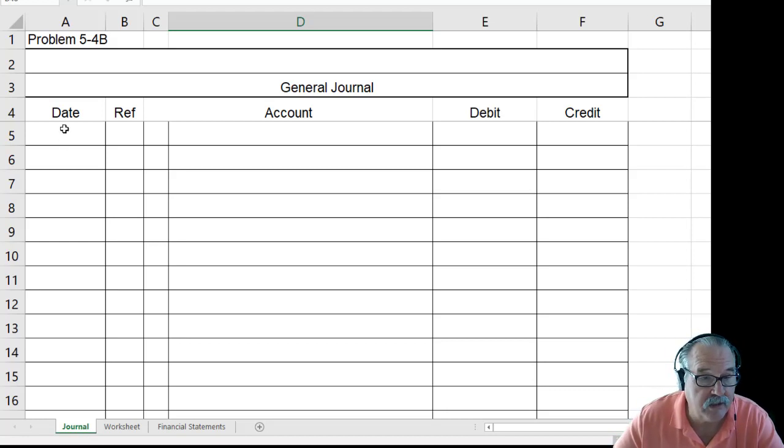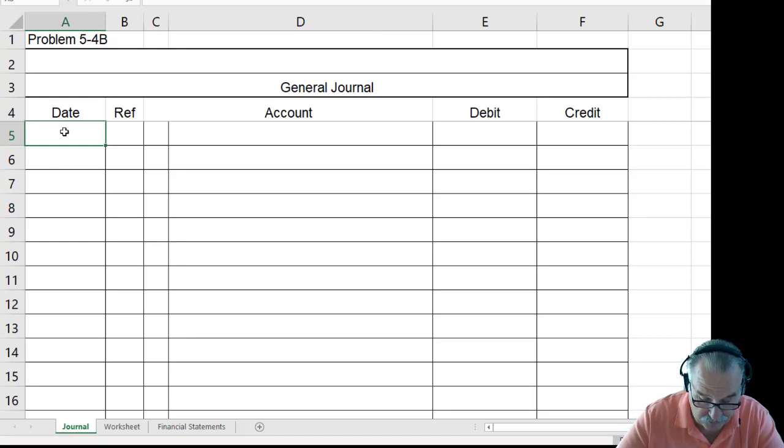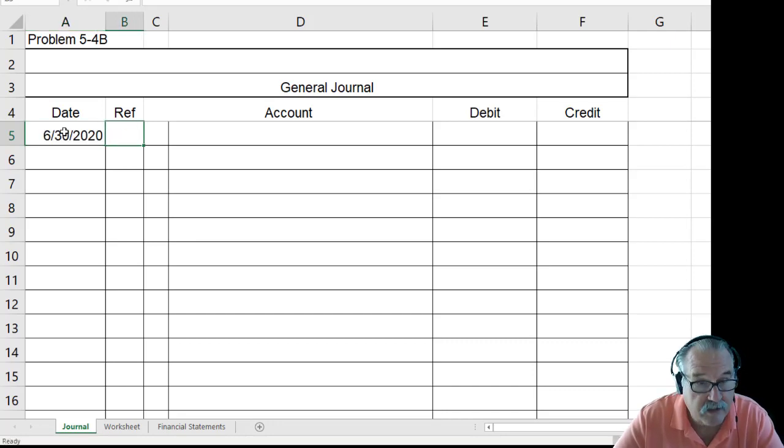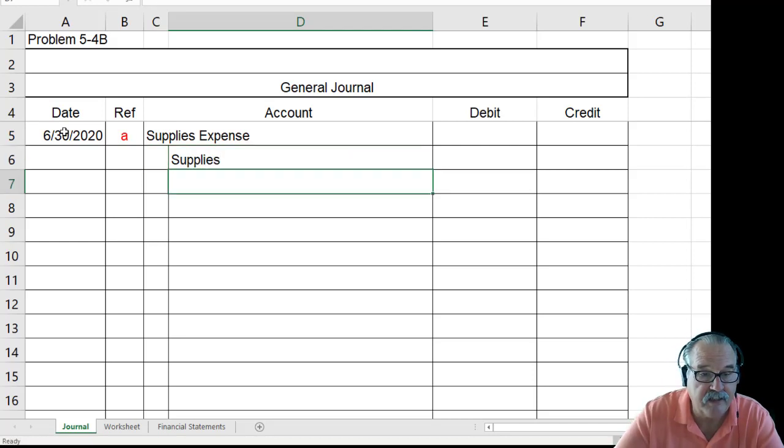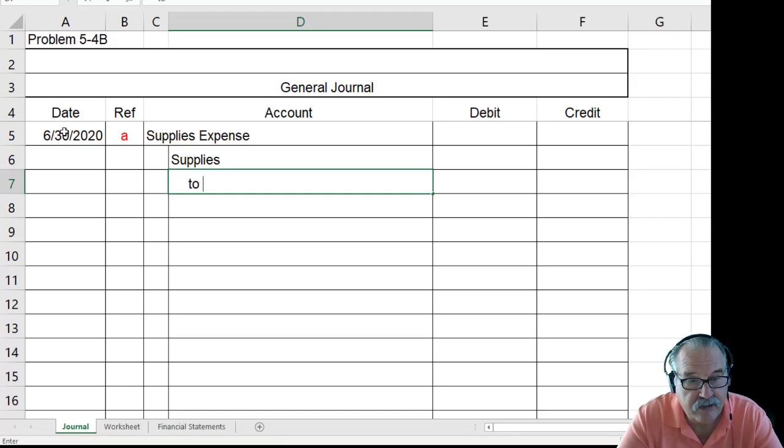So we're going to have to do a calculation because our adjustment is for the supplies that got used. So we're always going to do these at the end of the period, in this case, June 30th. And I know I'm going to debit supplies expense because expenses are always debits, and I'm going to credit supplies. Supplies is an asset. It went down because we used some of the supplies. But I need to do a calculation, so I'm going to show the calculation right here in the journal. My description says to record supplies